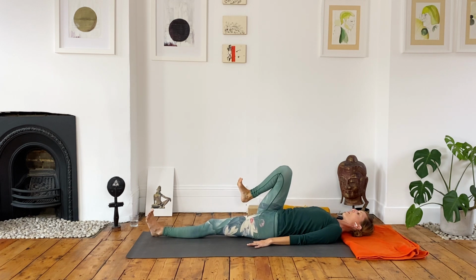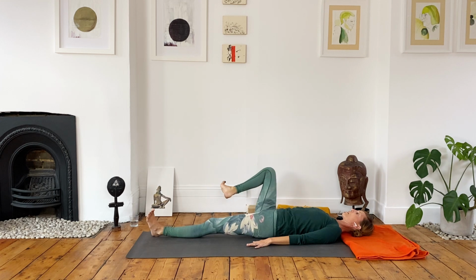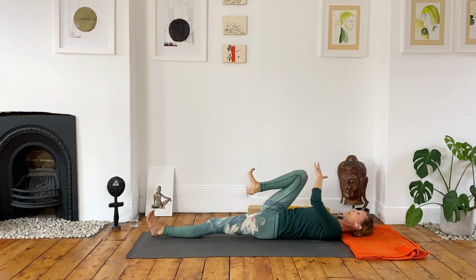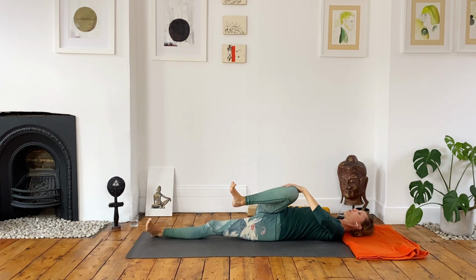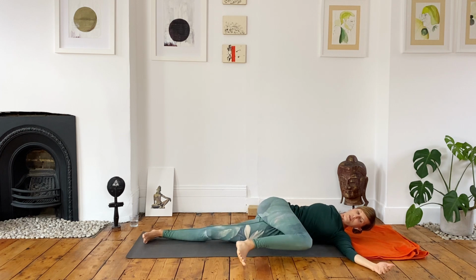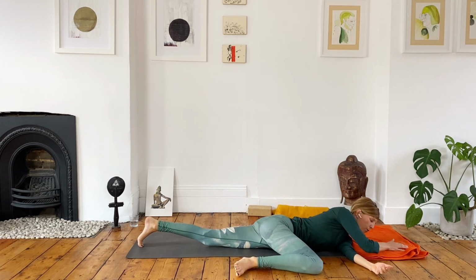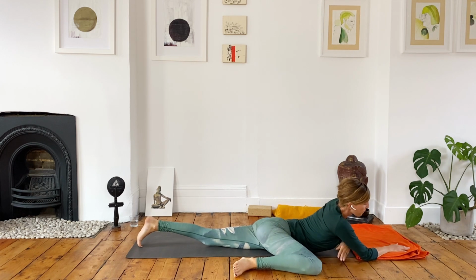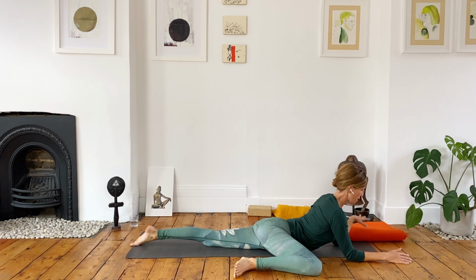So next time you turn the toes to the right and bend the knee to lift it up, then take the knee all the way over to the left and use your left hand to weigh the knee down toward the ground. But then once you start rolling to the left, follow on and roll all the way onto your belly. And then you can come into a little Sphinx position here, bringing the forearms parallel with each other